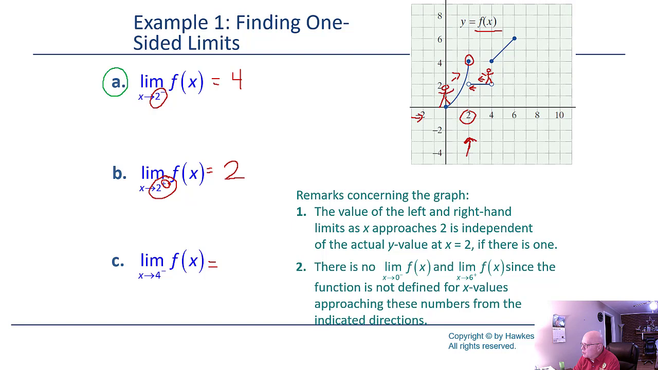Next, in this case, we're still talking about f of x, this piecewise function. This time, we're approaching 4. And notice we're approaching it from the left. So here is x equals 4. We're approaching it from the left, which means we're coming,